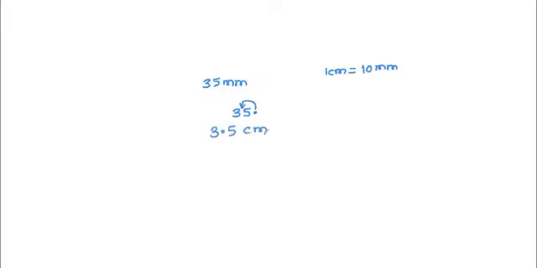Now if I want to convert centimeter to meter, then 1 meter is equal to 100 centimeter. So there are two zeros, which means I have to move two houses to the left. Now I'll put some more zeros to the left just to ensure that I don't run out of numbers. So I have to move two houses. I move one house, I come here. I move two houses, I come here. So it will be 0.035